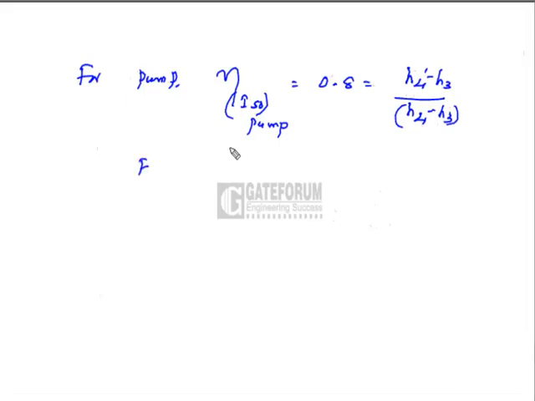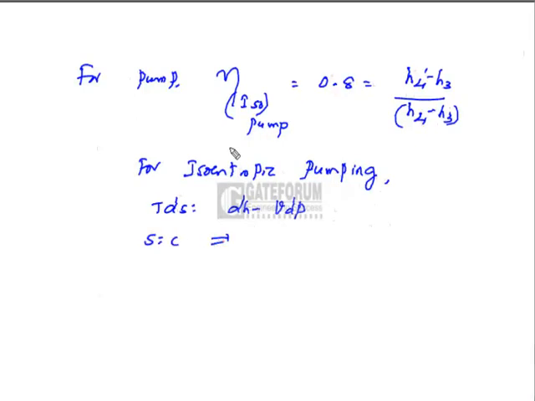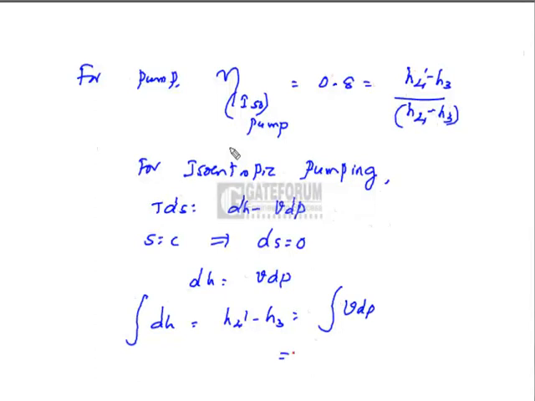That is, for isentropic pumping, writing TdS is equal to dH minus VdP, S being constant, dS is 0, dH is VdP. Therefore, integral dH, that is H4 dash minus H3, is integral VdP, which could be calculated as